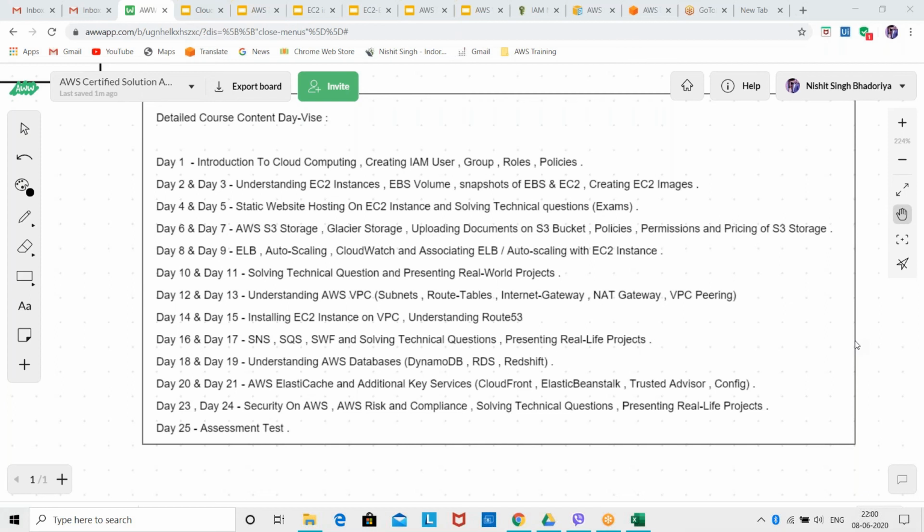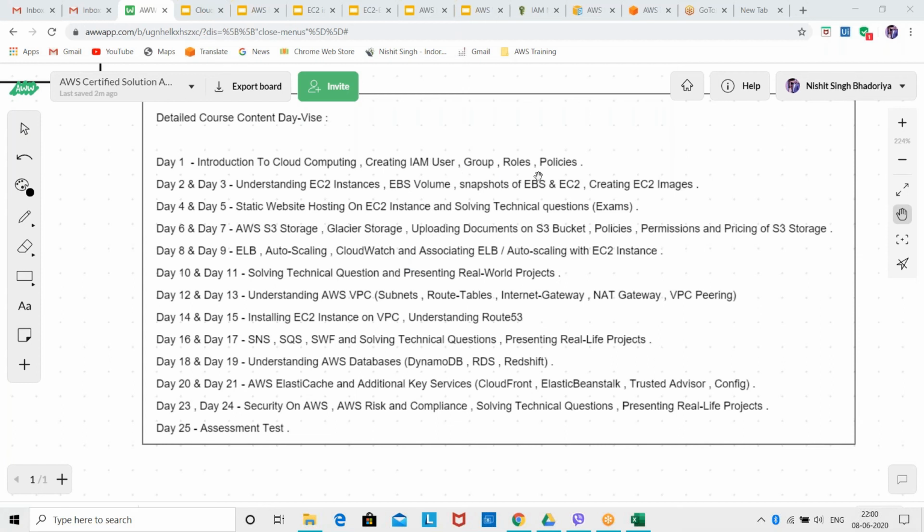Today's task is that you have to create an IAM user. Then you have to create a group also. You have to create your own policy so that your user only gets access to EC2 instances.